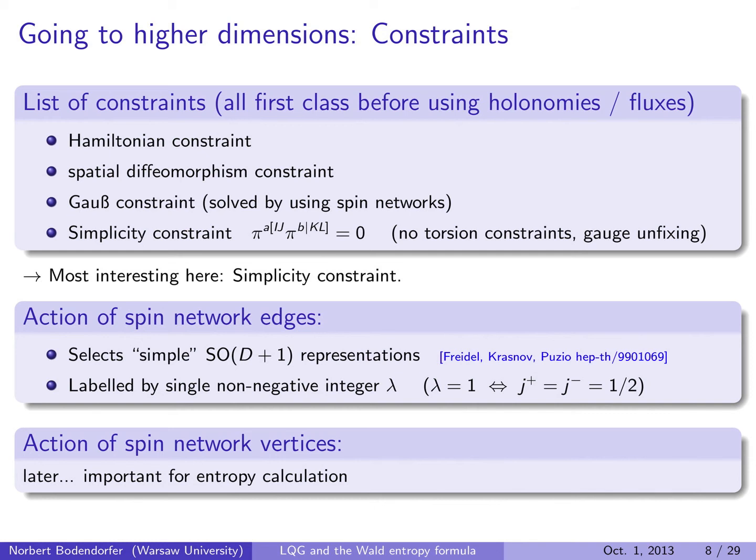And if you want to compare this formulation to the SU(2) theory in 3+1 dimensions, you find that the first non-trivial eigenvalue, or the first non-trivial label, lambda equals 1, corresponds to taking J plus equal to J minus equal to 1/2 if you decompose SO(4) into two SU(2)s. Okay. So of course we also have to think about how the simplicity constraint acts on the vertex of a spin network. And we will do that later on, however, it will not be important for the first parts of the talk. So let's go on to the next slide, number 9,